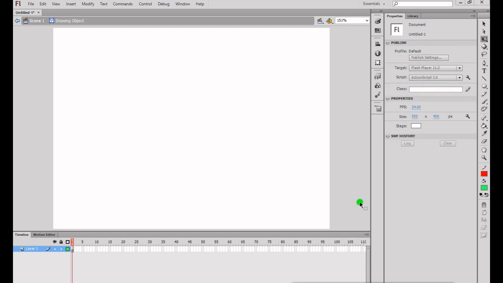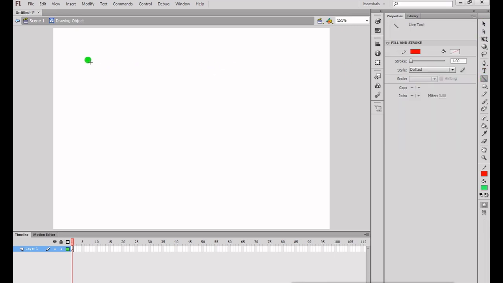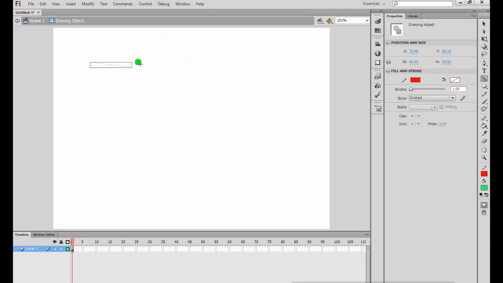The next we are going to learn how to draw straight lines with the line tool. Okay, where is line tool? Just go to toolbar, select line tool, just click on the stage and drag. Now see, the dotted line is here. You just make some changes here, click on solid and again drag and try to draw the line.